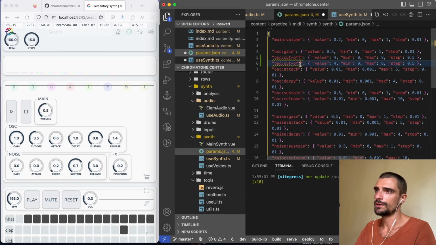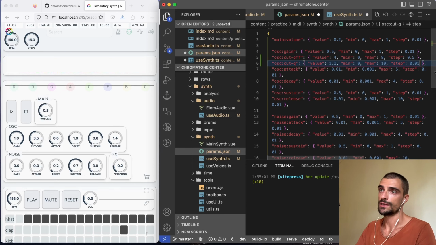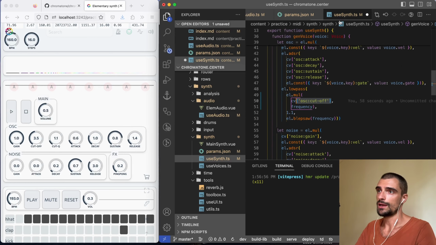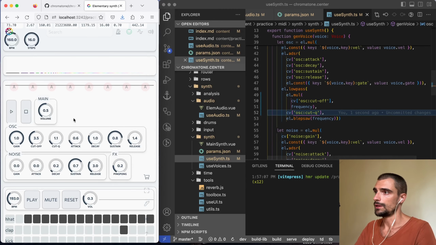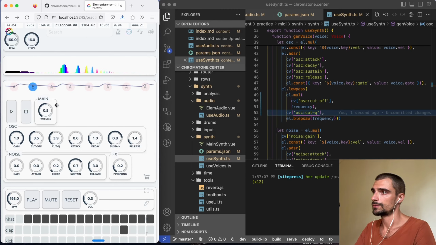And it can be quite expressive. So we have 1.1 as a first, as a 0, okay, and let's have a 10, and let's have smaller steps like this. Okay, and we have this here, CV cut Q. Yeah, we got it here. So